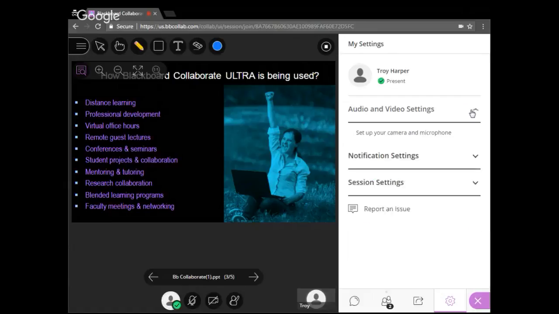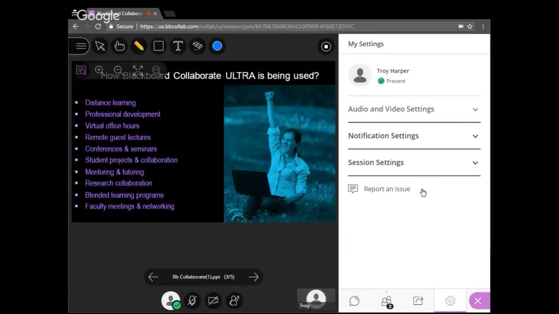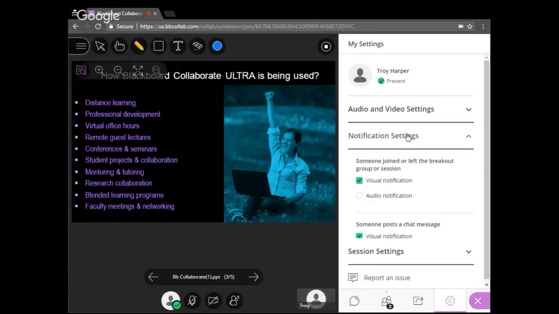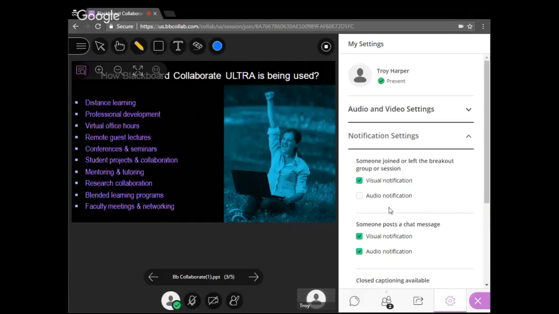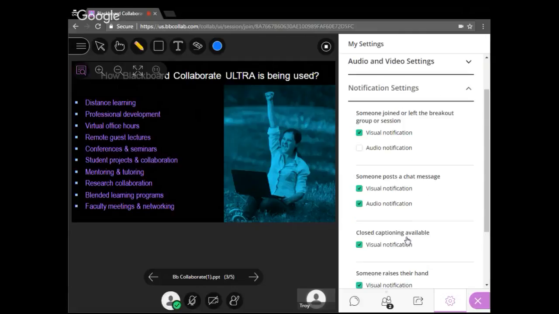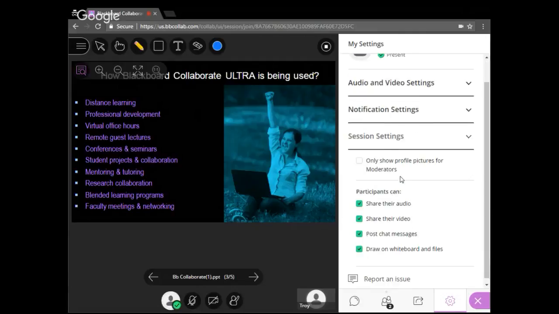And the reason why that's important is because when you jump to phone, the audio no longer functions on the computer. So you can't use the phone conference information as well as the microphone. There's some problems if you try to do that. So we have the notification settings, as well as the session settings,